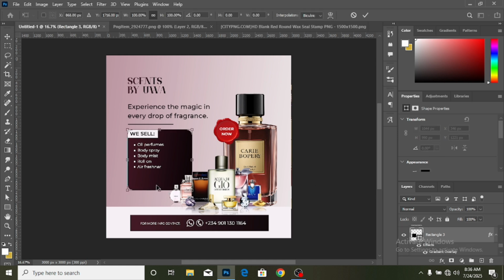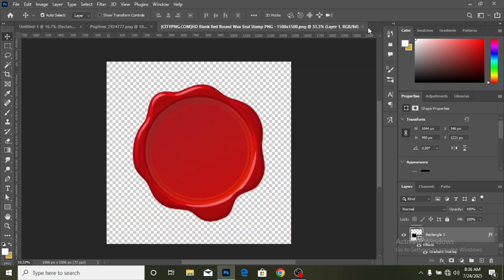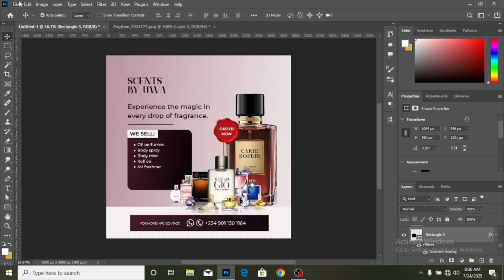So now I'm going to make a selection using Ctrl T, and I'm going to reduce the size of our box a bit. But if you check, I feel like there's too much white space around that end. So I'm going to undo using Ctrl Z, and I'm going to cancel this. So I'm going to go back to my files, and I'm going to bring